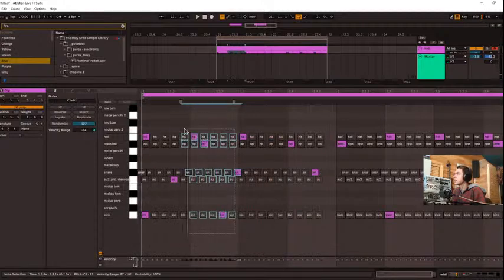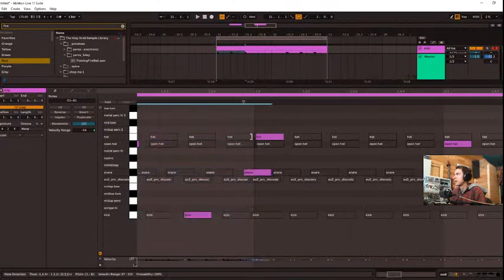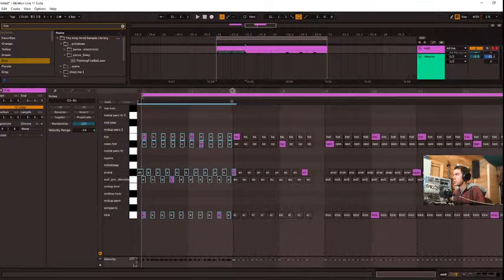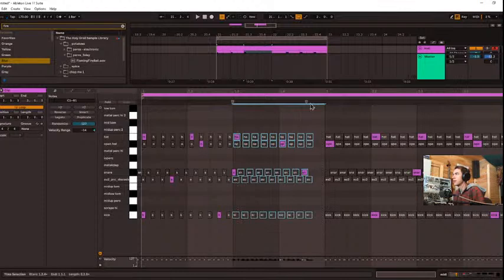Now let's select this first section, including the snare. This is the half bar, and let's drag that back a bit. Let's drag that back a bit, so now it's dragging a little bit, and then maybe for this part,